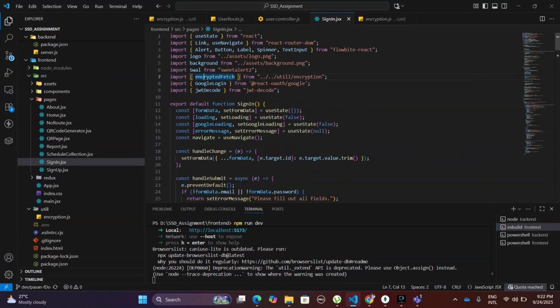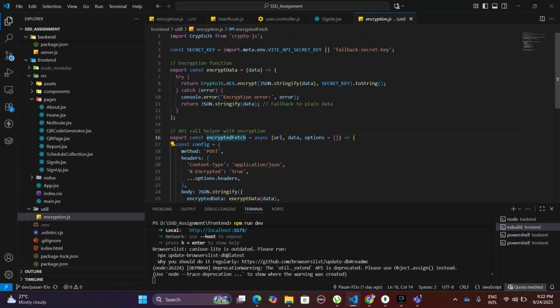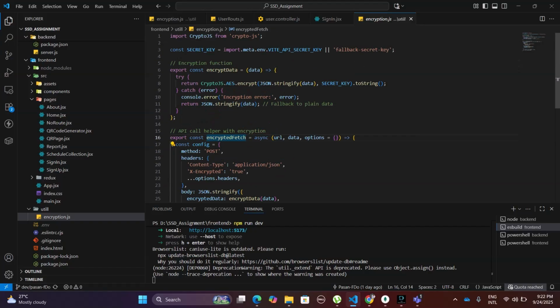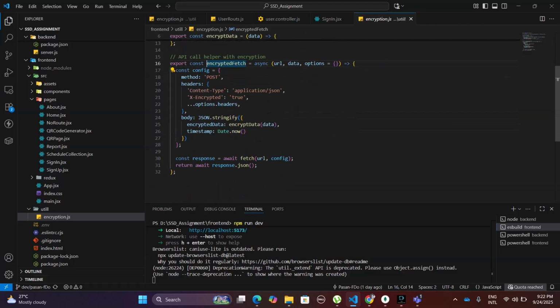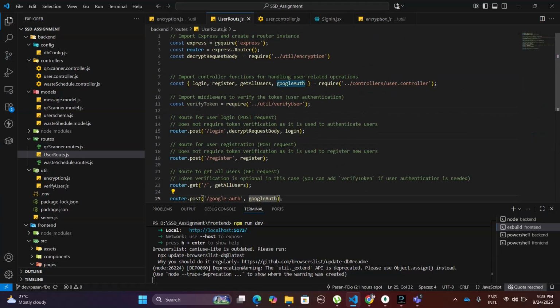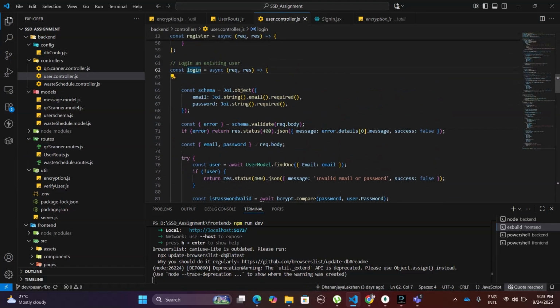I'm using crypto.js, and this is the function to encrypt the data. I'm using the same secret key to encrypt and decrypt in the backend. I'm using this middleware to decrypt the passed data and log in the users, and I'm using schemas